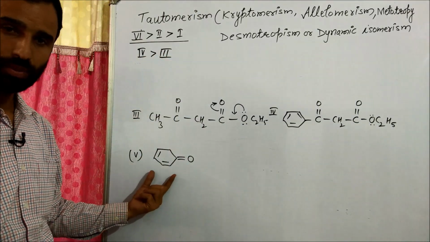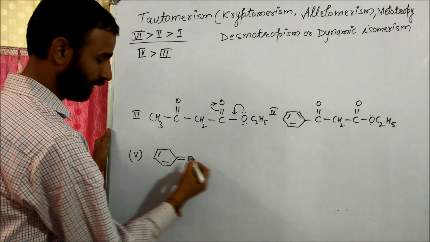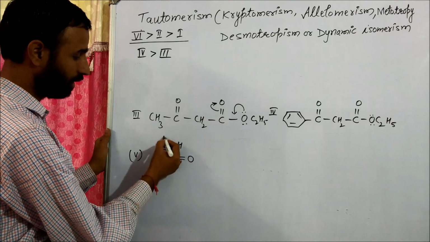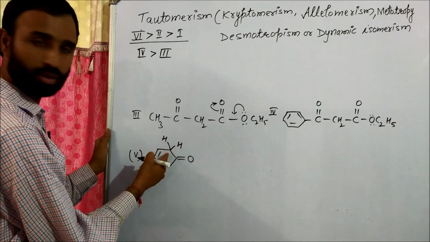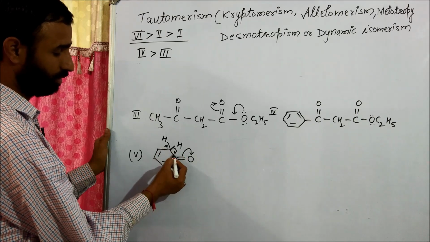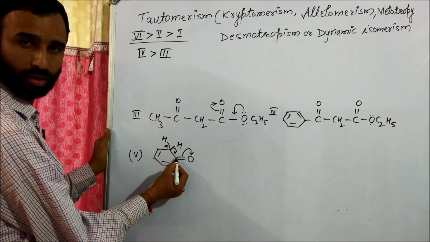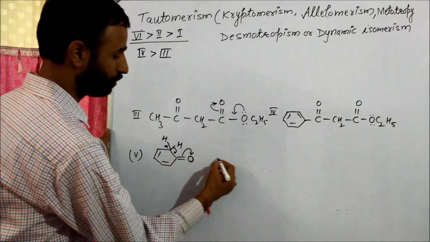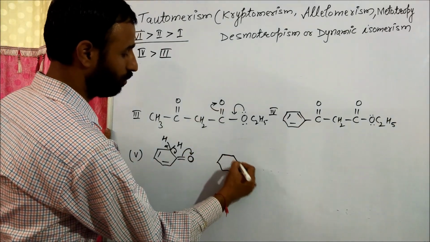But about this, now in this case, again enol content can be formed because it has hydrogen on saturated carbon. This alpha hydrogen forms this double bond, pi bond shifts towards oxygen and H plus, so we get enol,